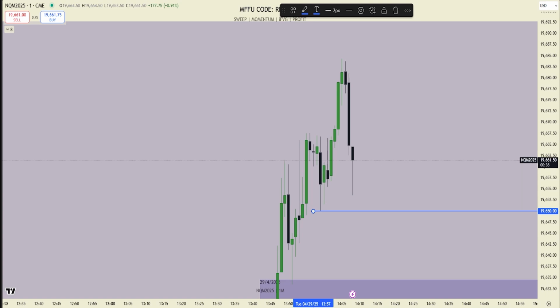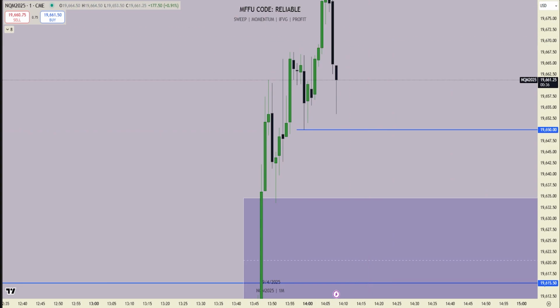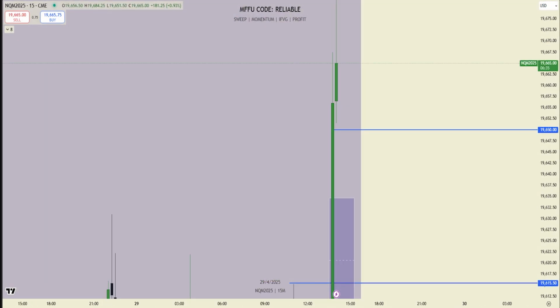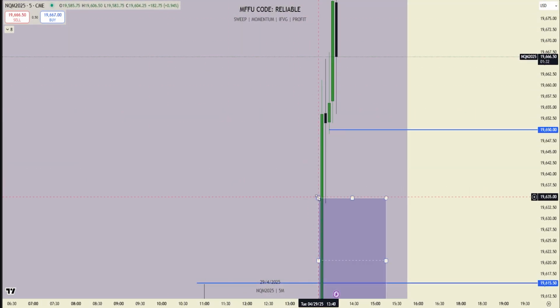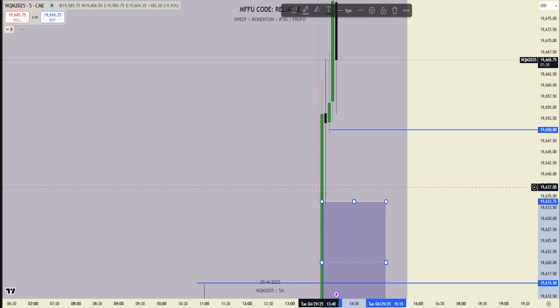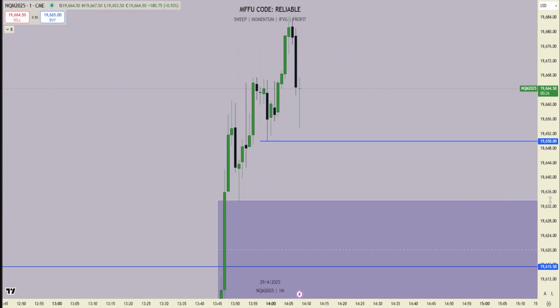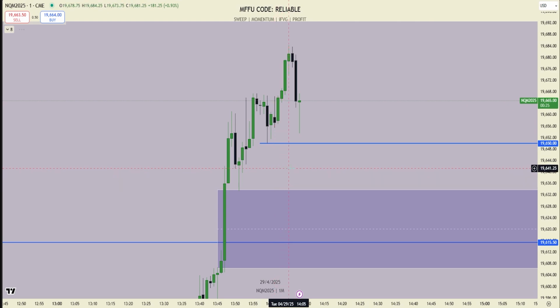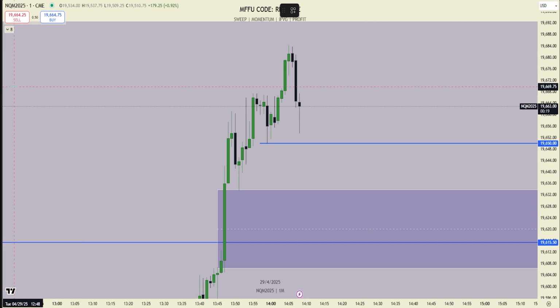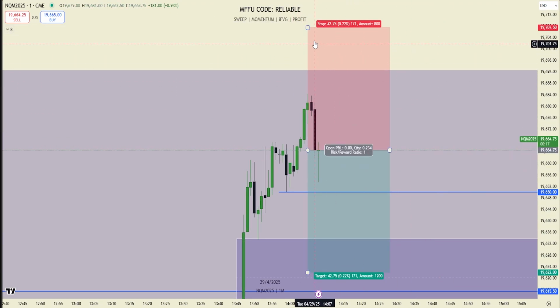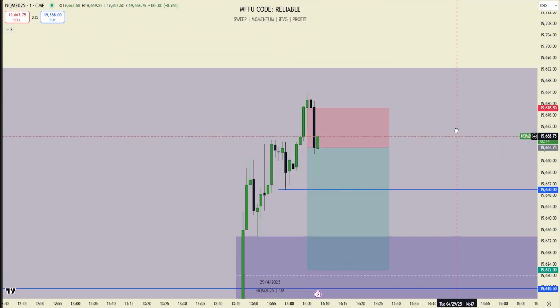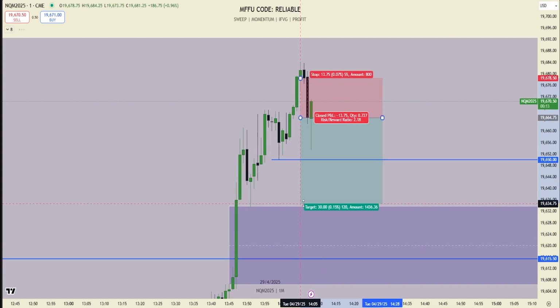This is definitely, if there was a good draw on liquidity below, I would be okay with taking this. But because there's not a super fantastic draw on liquidity, it's kind of difficult for me to take this play. Like if there was equal lows or a data wick or something, sure, I'd be on board with this. But you're basically just taking this for the RR. That's it. It's a good setup, right? But there's not a good draw on liquidity.